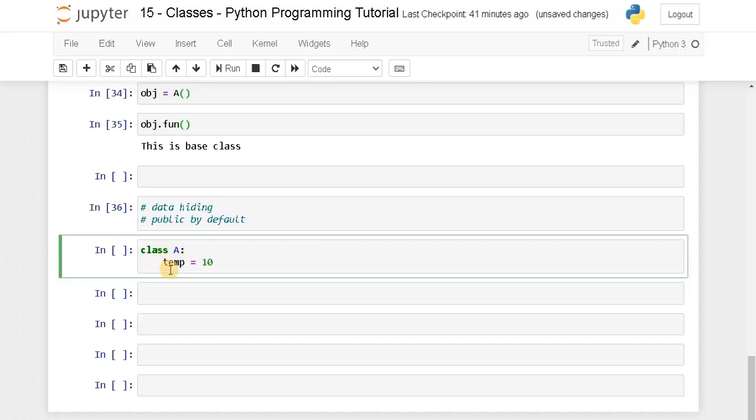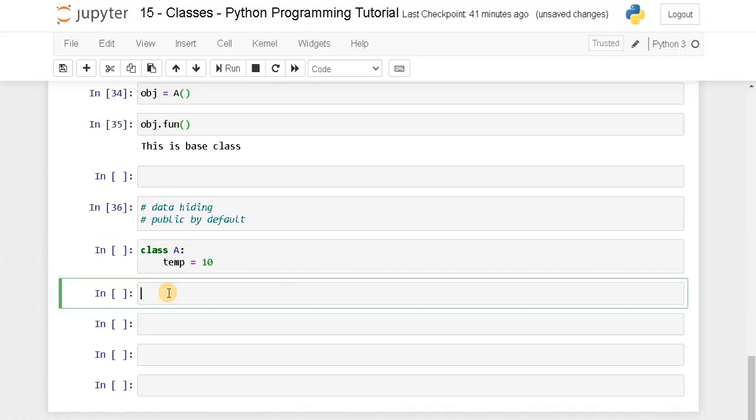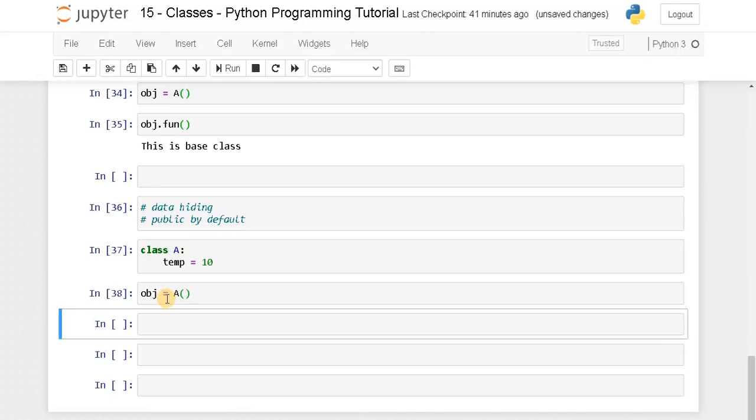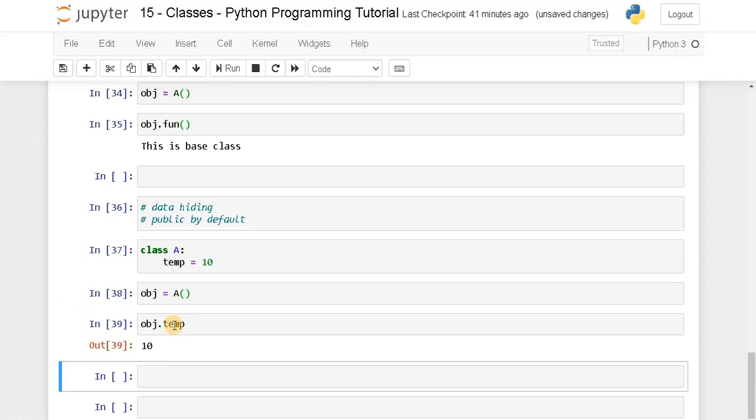Now this variable is public. We can access the variable. Now create an object equals A. Run it. Now try to access the variable temp. Object dot temp. Run it. So we can access the variable temp.